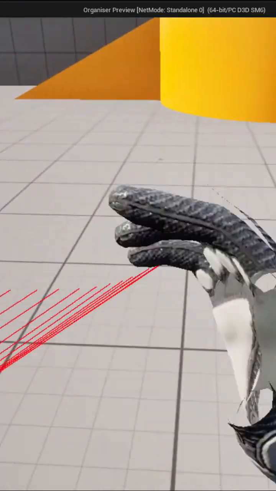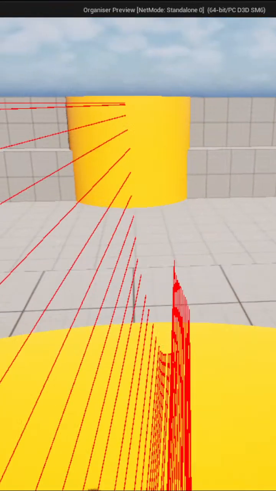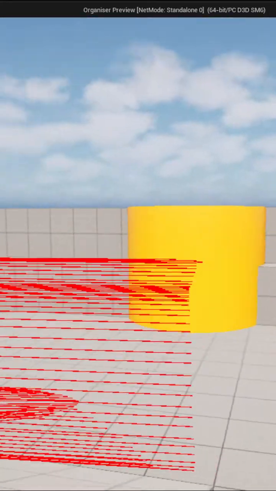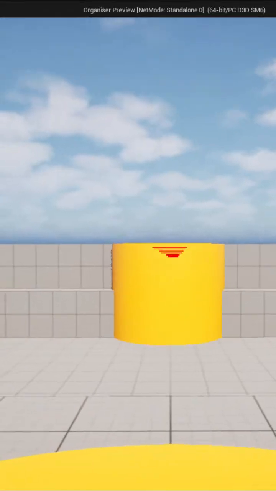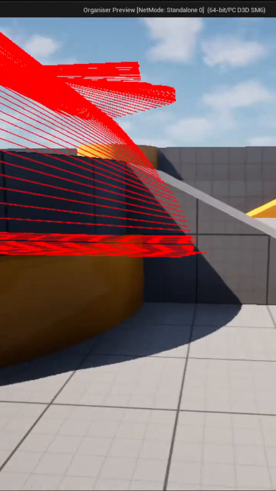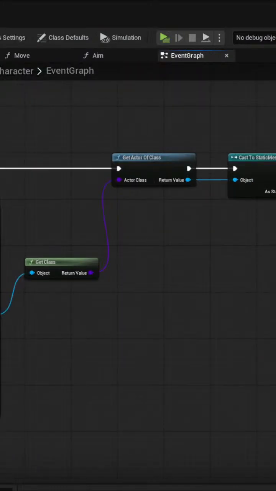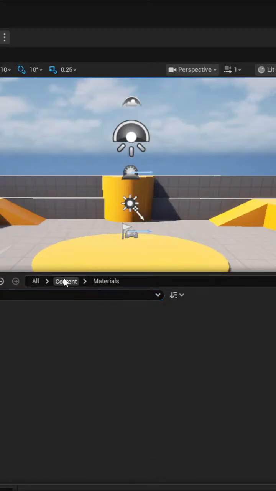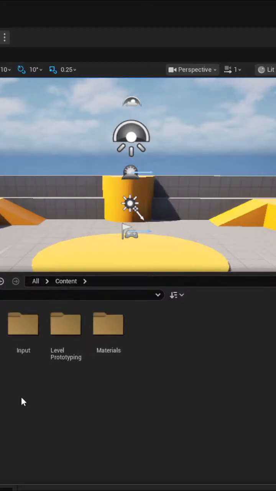So this is me running around with line trace, looking at stuff. We're going to have to extend that to, say, 300. That's the distance to line trace to. So you can see it's not going that far. So I'm going to put that to 500. Okay, so we know line trace is working. So now what we need to do is go into blueprints here and